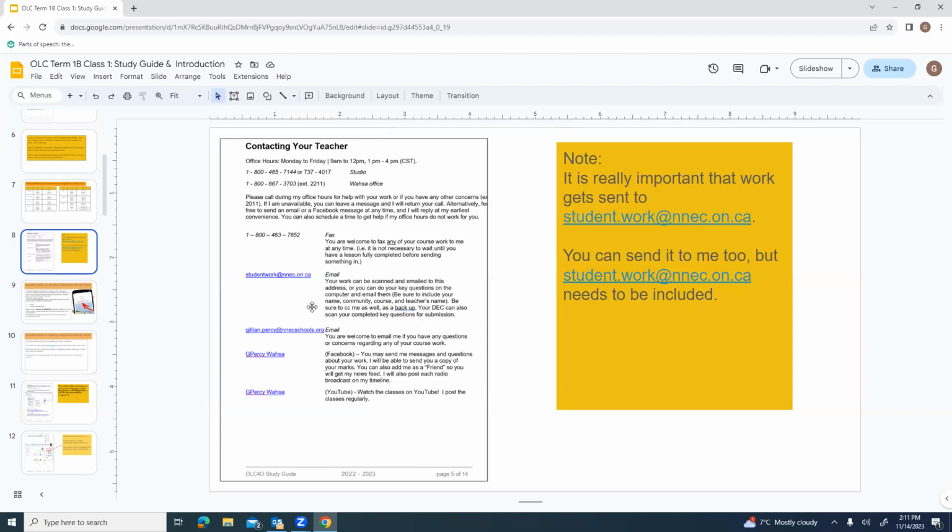And you can CC it. So if you've sent it to student work, you can also carbon copy it to me. Sometimes on Friday, if it's getting late, I might still be here working and the secretary's gone home, and then I can mark things and just send it back to you on Monday. My email,